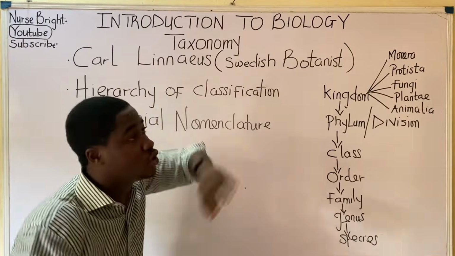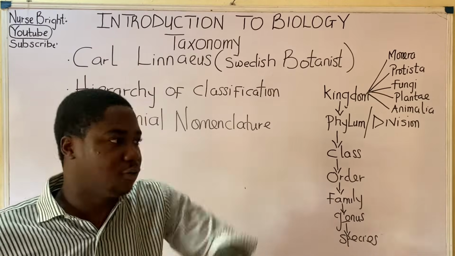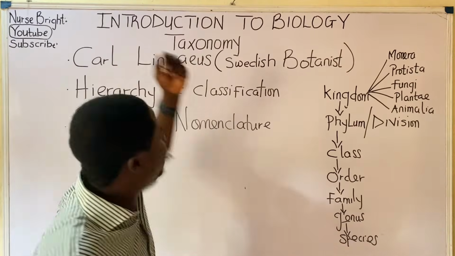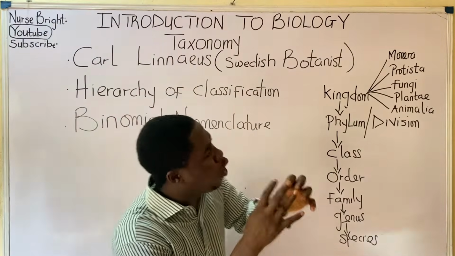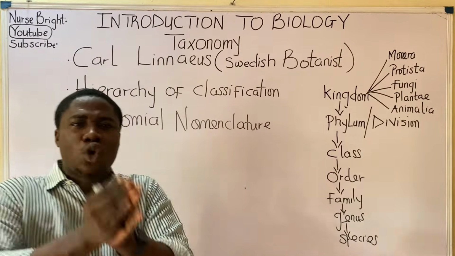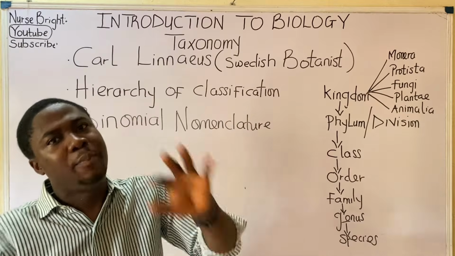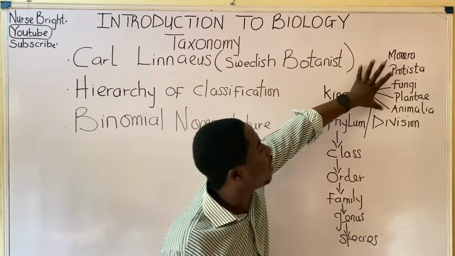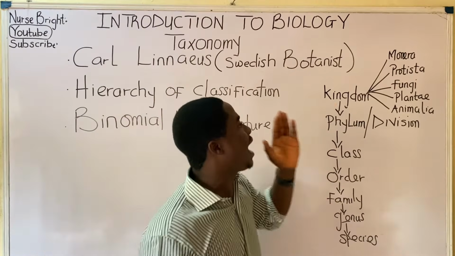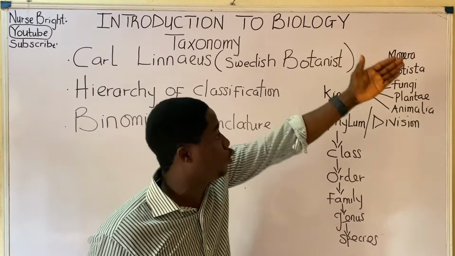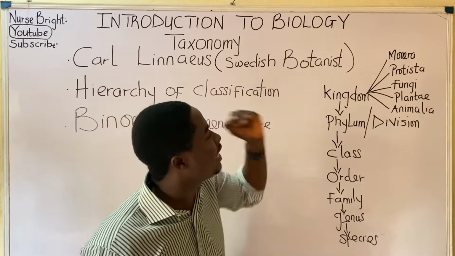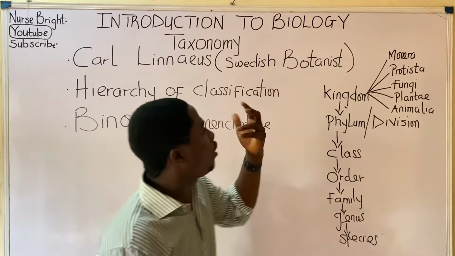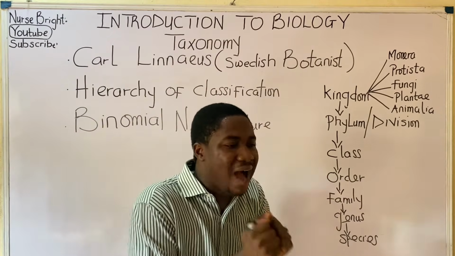Aristotle just told us that living organisms are of 3 groups, which are plants, animals, and microorganisms. But this man went further to explain to us the specific groups to which these organisms actually belong. So you can see that on just kingdom, we have about 5 groups, which are kingdom Monera, kingdom Protista, kingdom Fungi, kingdom Plantae, and kingdom what? Animalia. Do you understand?